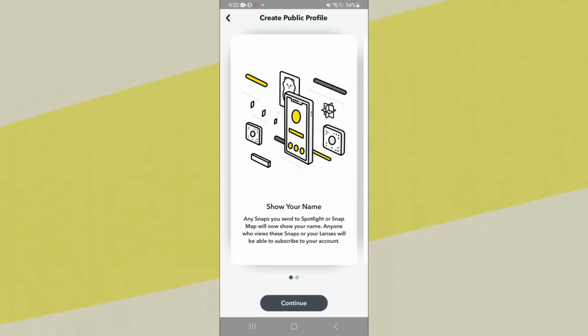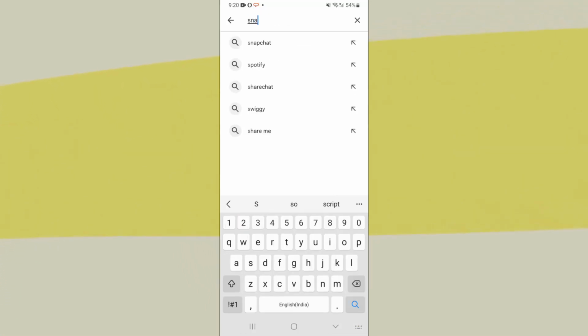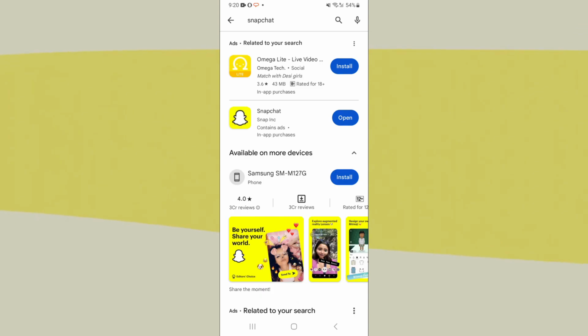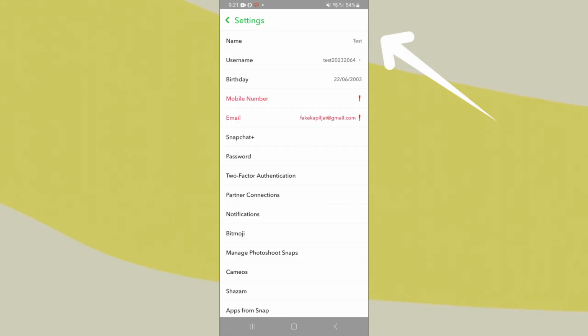However, you might not be able to see this for a couple of reasons. First reason could be that you have not updated your Snapchat. So first try it out. And if the option still doesn't show up, then go to your setting on the top right corner of the